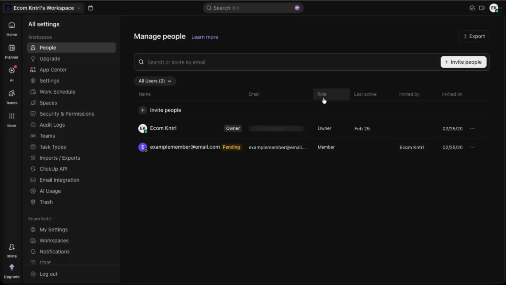From there, they'll be guided to create an account or login, and once they accept the invitation, they'll appear in your workspace as a member or guest, depending on your settings. And that's all it takes to add someone